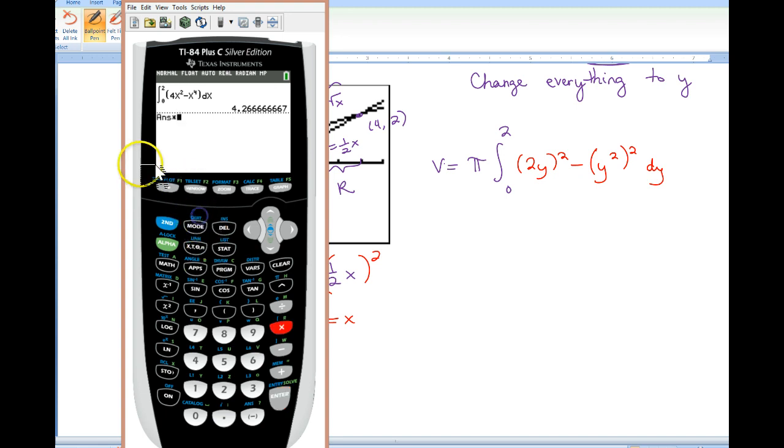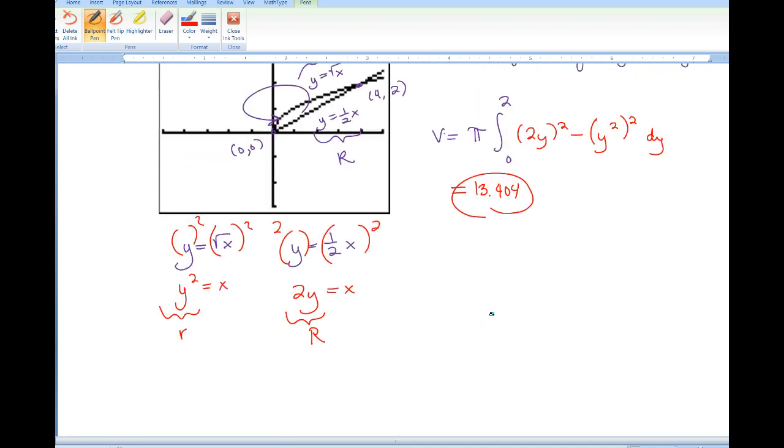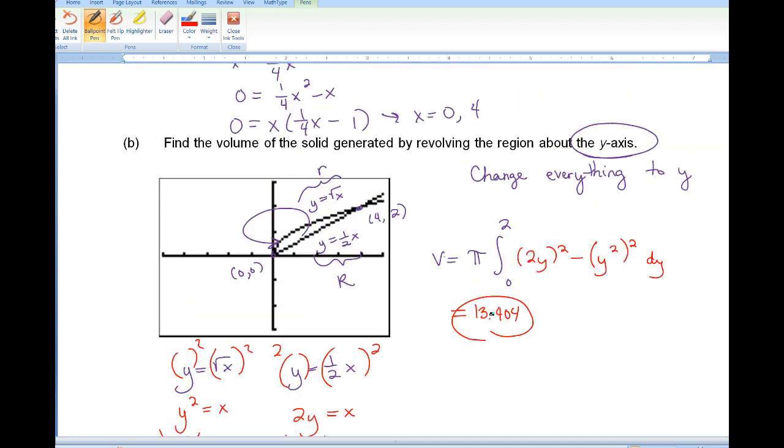Okay, and then I'll just change this to a decimal. So I'm going to multiply by pi. You could honestly put the pi in first and then do math 9. I always do it like this for whatever reason. 13.404. If you use the calculator program, so if you set it up